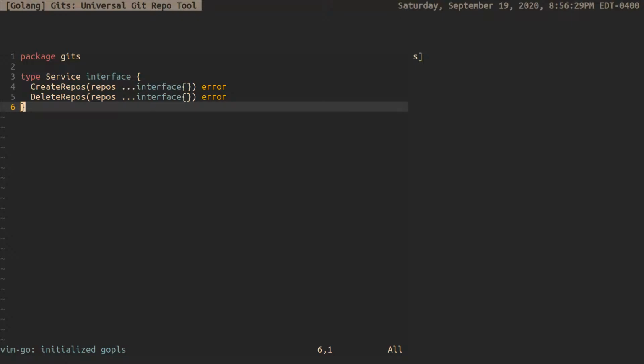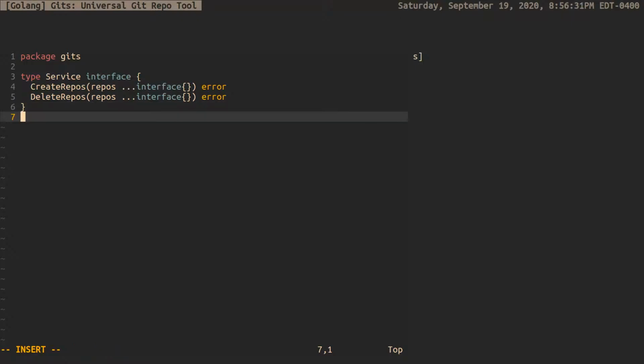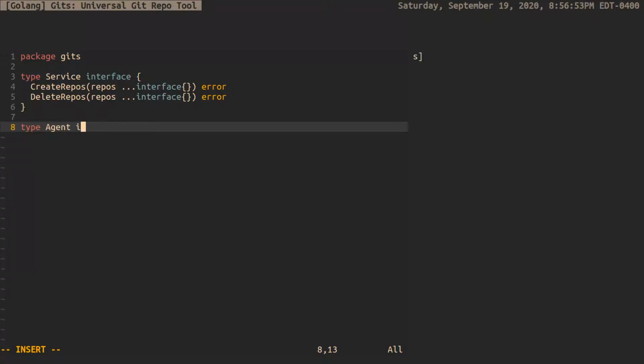So that means we need another interface here. I'm going to follow the convention I use to put the interface definitions at the top level, and then put their implementations in a sub package, and it just makes all the naming work out better somehow. So we're going to say agent as an interface,